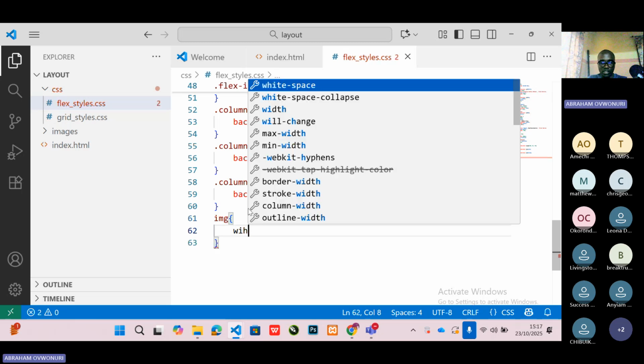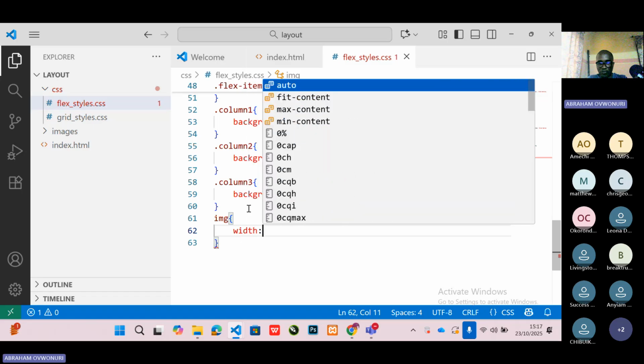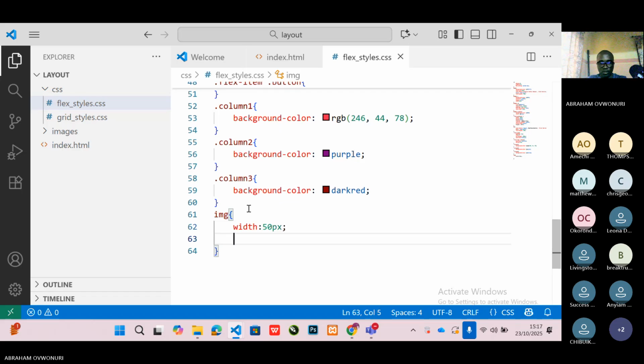Let's give it a width of 50 pixels and a